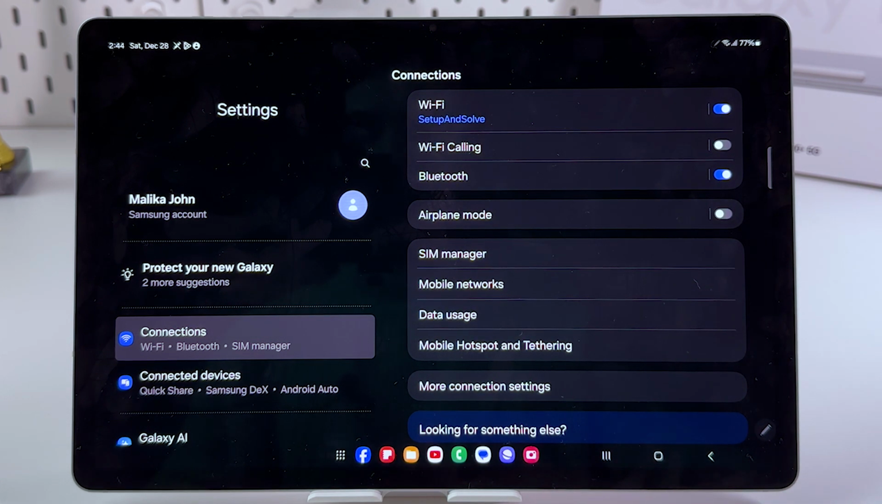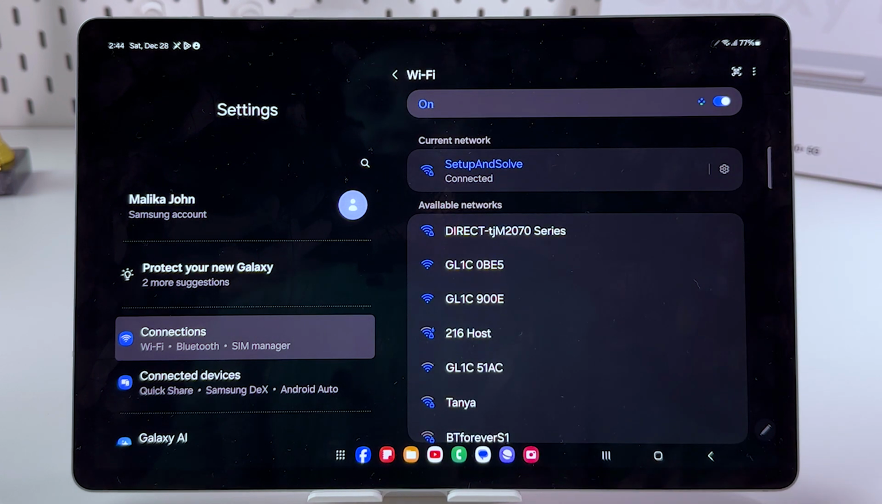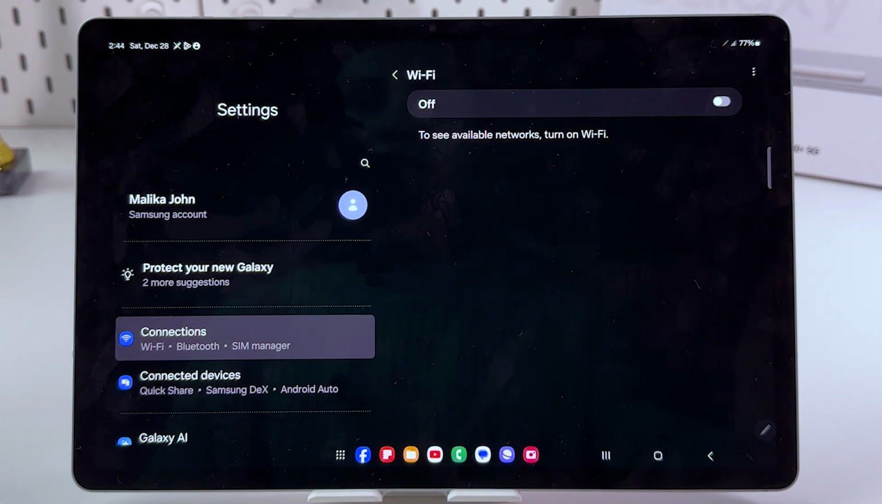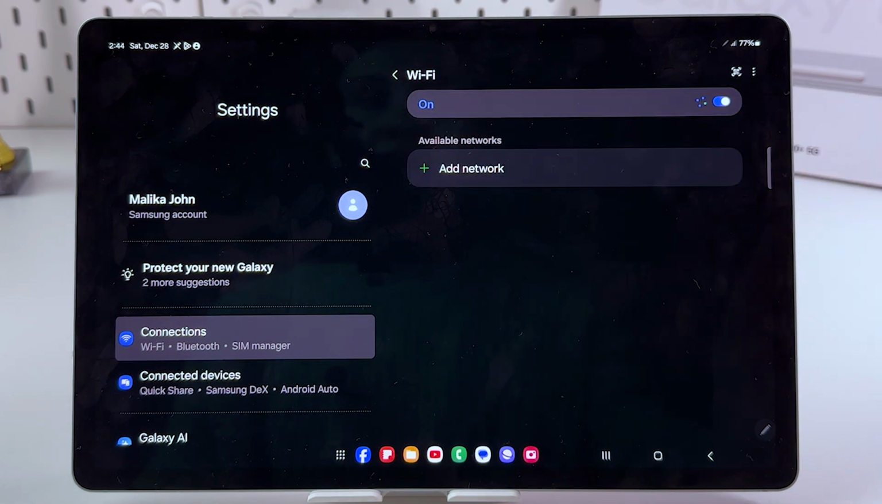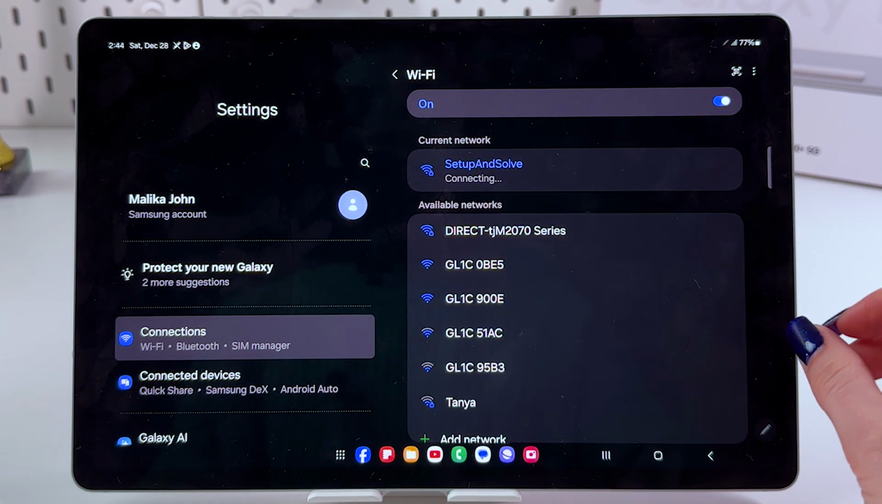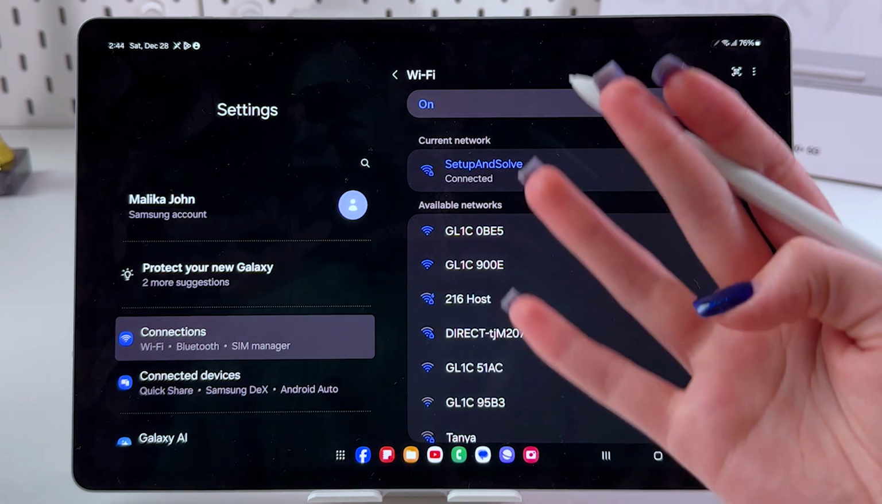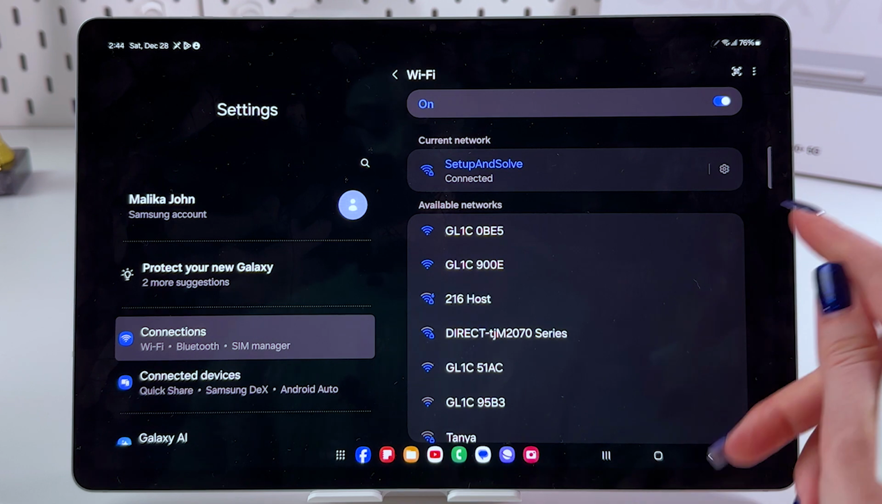For that, we will need to stay in this connections tab and now choose Wi-Fi. So simply turn it off for a couple of seconds, then wait and turn it back on. This will soft reset all of the connections and fix small issues. And if it didn't help, let's move on to advice number 4, which is that we need to forget our